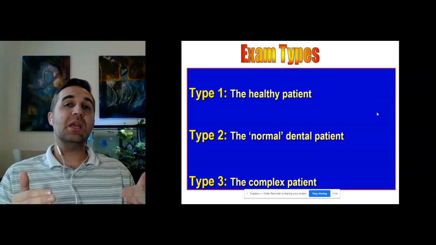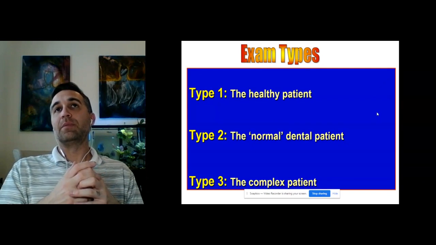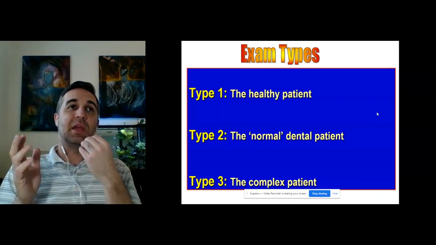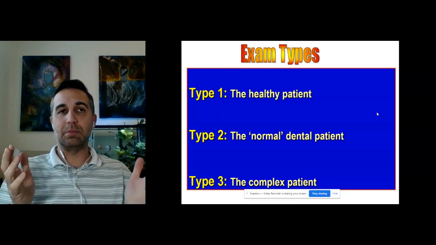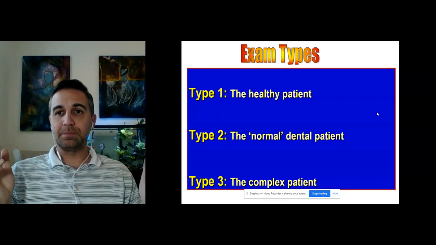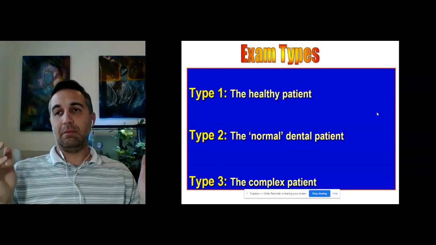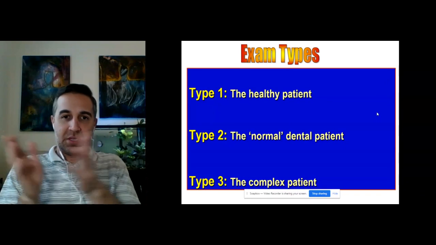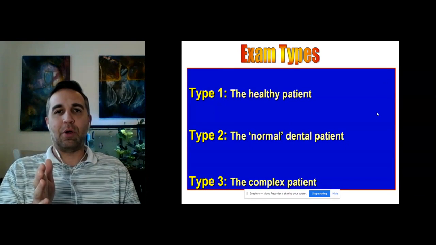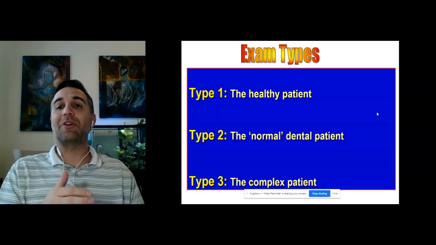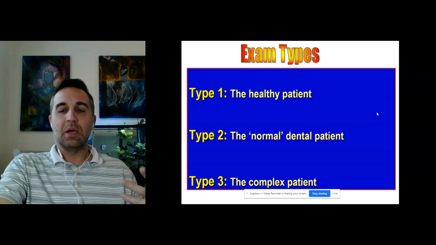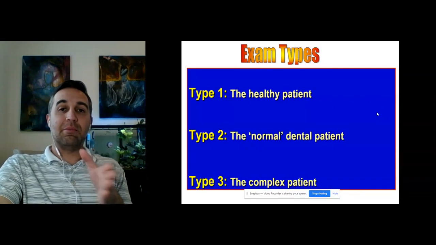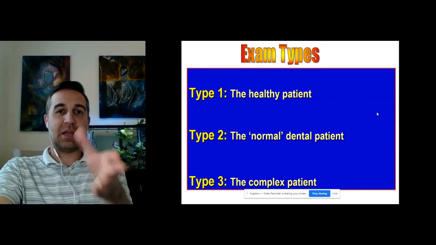They've got missing teeth, and you have to do implants. They've got TMJ problems, full mouth restoration, something big. This is a patient you would normally have back for a consultation, a review of findings, that type of visit. So if you can see them first before you schedule the exam, you could say, hey, they're